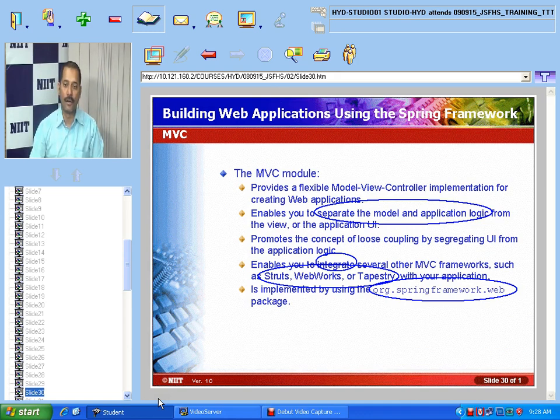Like we have the MVC module, we have the AOP module which we have seen, we have discussed the ORM module, the DO module, and the core module. These are all the different kinds of modules which we generally get in the case of the Spring Framework. Now we'll talk about the application context module.